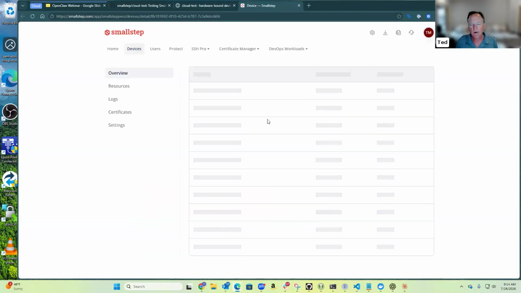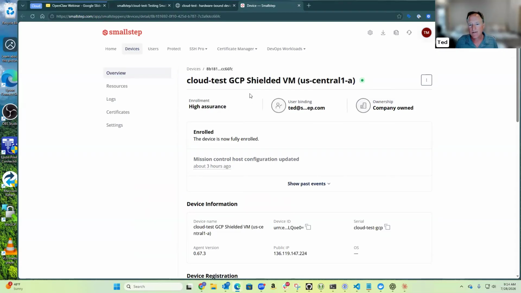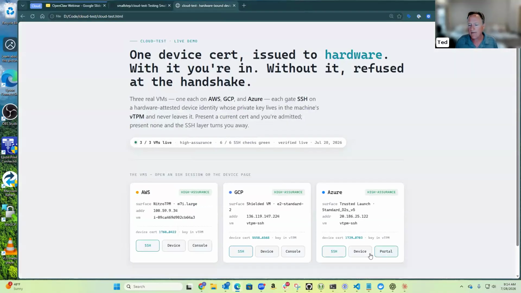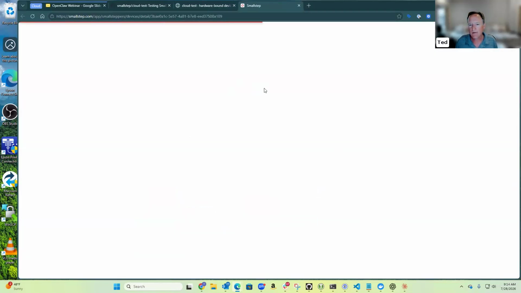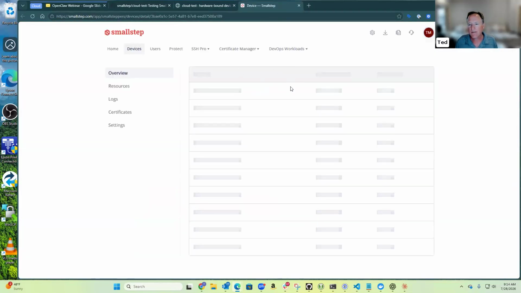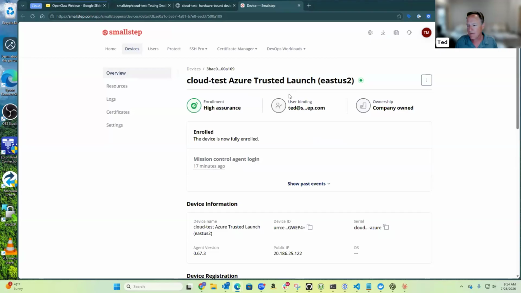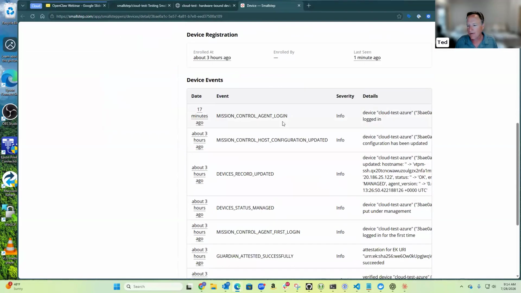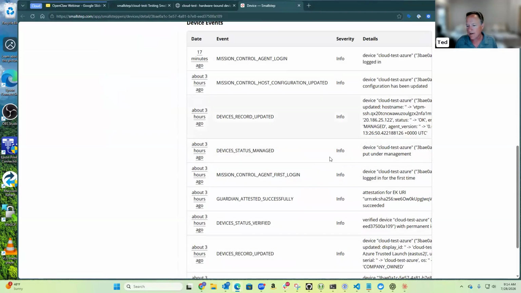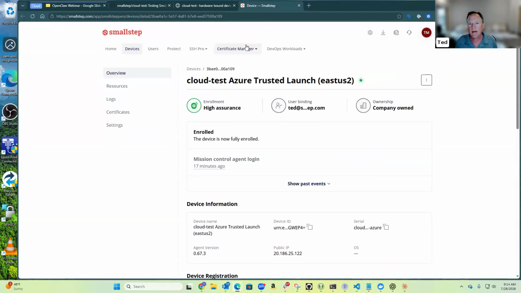If I link over to my Smallstep team, you can see the GCP shielded VM is enrolled using ACME device attestation, stored in my inventory, and same for Azure. So when I look at the Smallstep team, I see all three of my virtual machines in inventory with attestation, logs, access controls, events, all these things that are happening on this virtual machine are getting stored in the